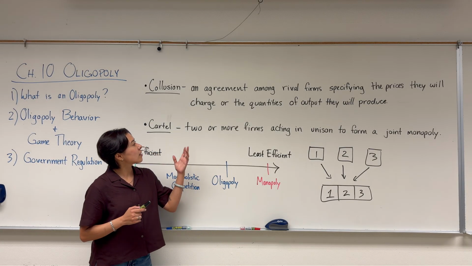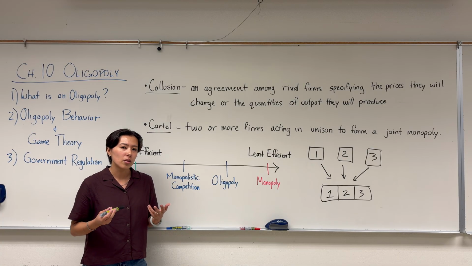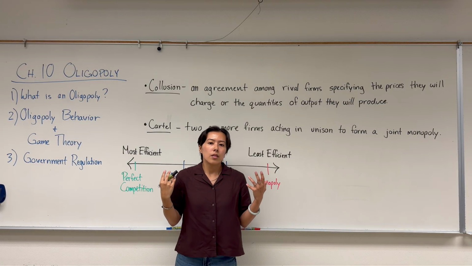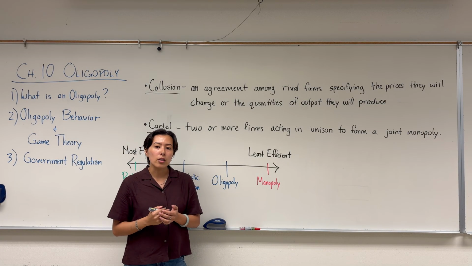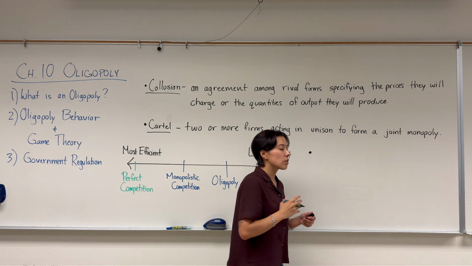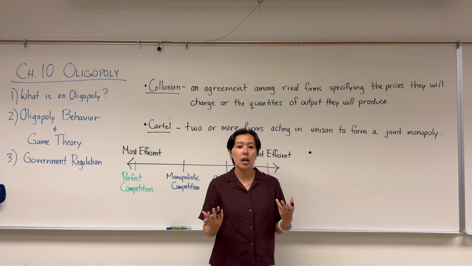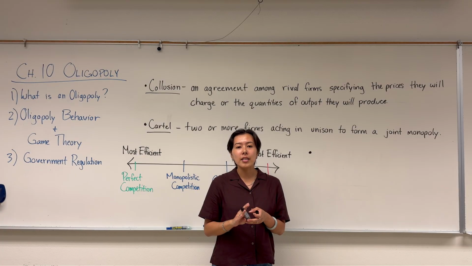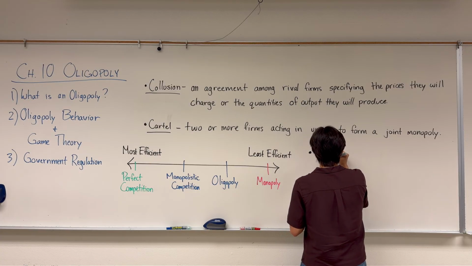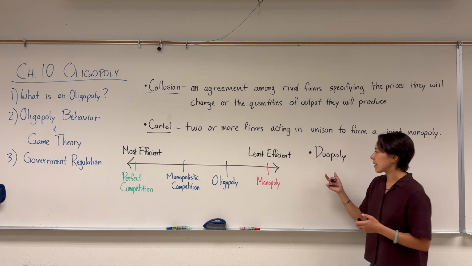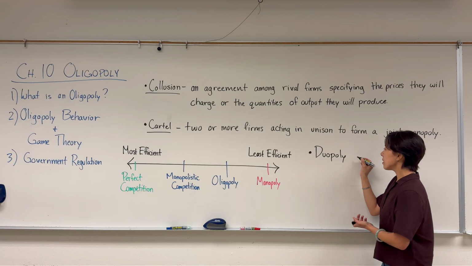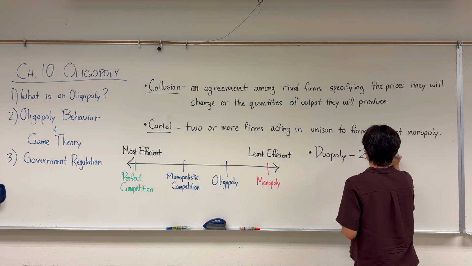But in the real world, we see that this collusion is very unstable. And so just to quickly give an example of this, let's see why. So before we look at this example to find out why collusion is unstable, I want to introduce another term here that we're going to use to talk about a very specific type of oligopoly. And this is just a simple oligopoly where we have only 2 sellers. And so we call this a duopoly. So thinking back to our roots here, duo is 2, polane is to sell. So a duopoly is just a market that has 2 firms.